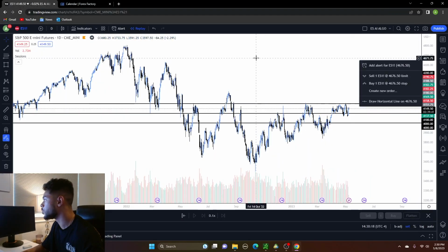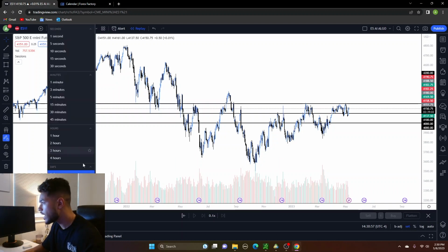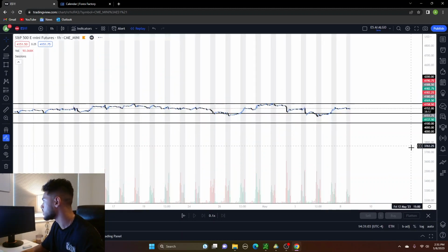Now, why did I take this trade? First of all, you have to know your daily bias, your fundamentals, and so on. Since December 2021, we have been in a downtrend, right? Long-term downturn, making lower lows, lower highs. Now, especially with recent bank failures, inflation, interest rates, all that's been going on, I have not been in favor of taking longs. I have been shorting recently. Now, if we break this down in a 1-hour chart,